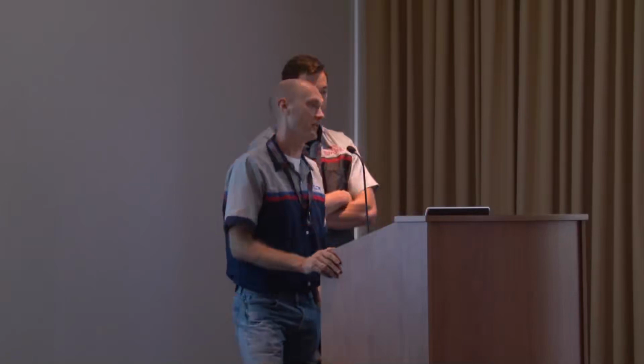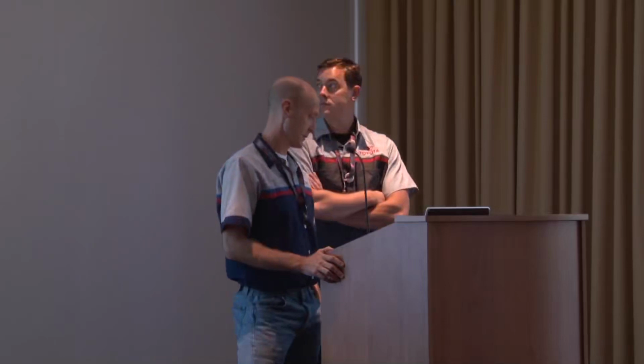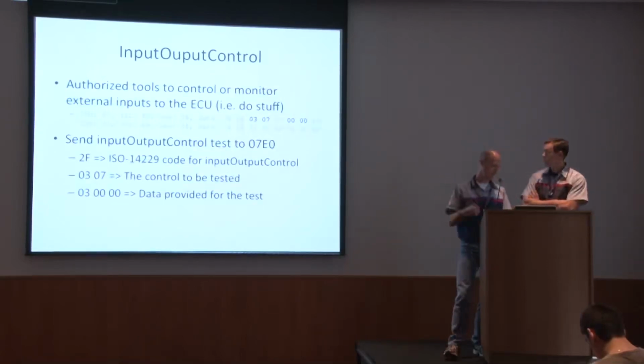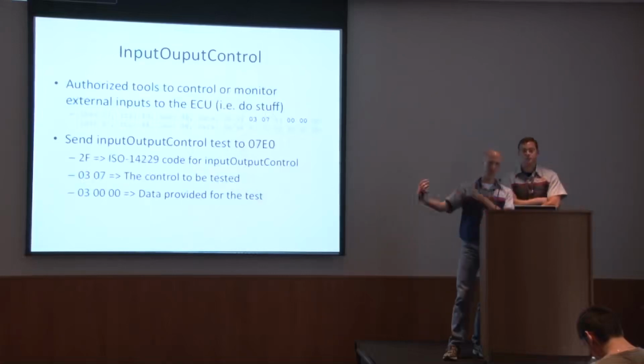Another type of diagnostic message you can send is input-output control. The idea is that in testing, maybe you want to test what happens when some sort of sensor reads a certain value. So this is set up to tell the ECU, pretend that your sensor has this value, or pretend the person is pressing the gas, and then you can diagnose problems as a mechanic. Here you send 2F, which says it's input-output control, and then you send 2 bytes to indicate which input-output control, like which sensor, and then some parameters.